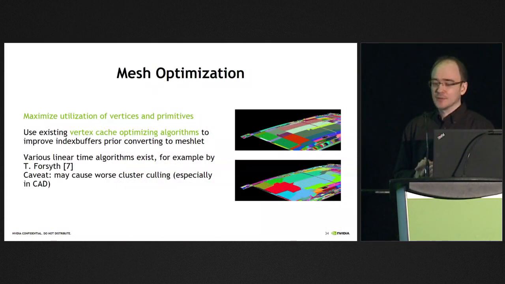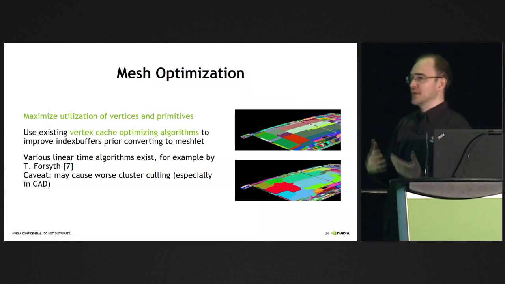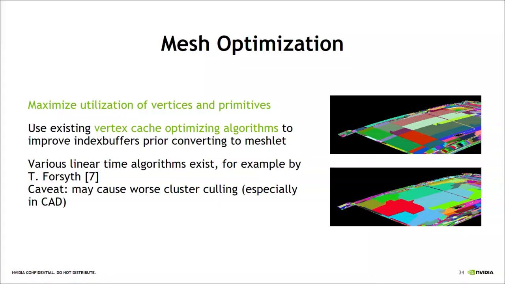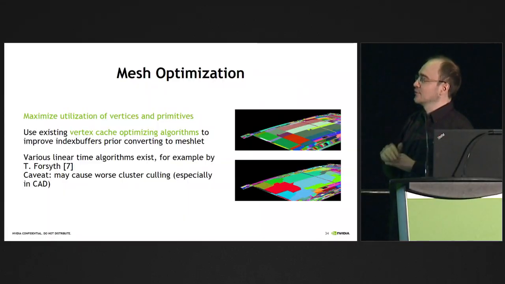We also experimented a little bit with some optimizations because we want to maximize the amount of actual geometry within the meshlet. There are algorithms for that, and this is good for the current hardware as well, such as vertex cache optimizers. Those algorithms can work quite nicely, but sometimes they can make the cluster culling worse, because the upper thing is basically straight from the CAD model, and the way CAD tessellates gives us really nice shapes, more or less,